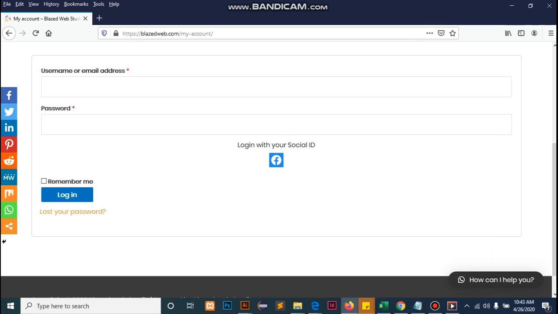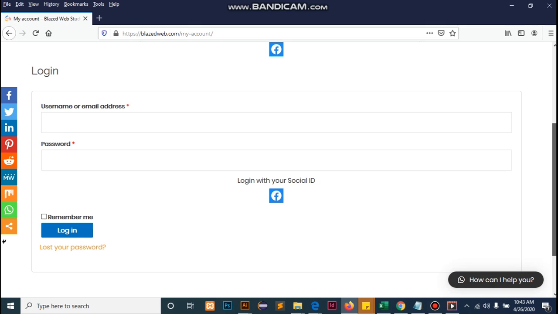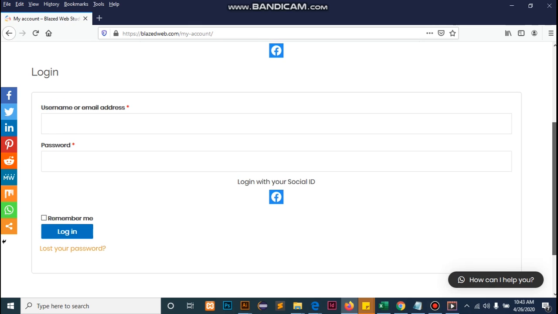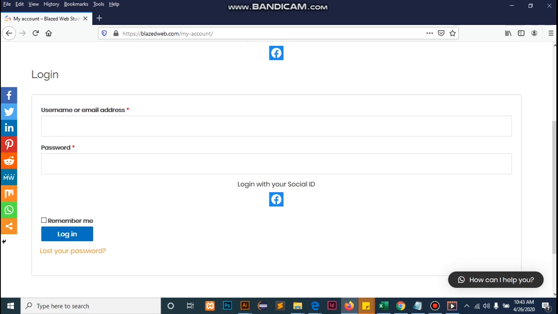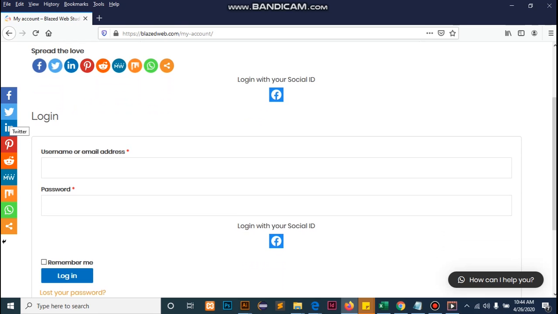Okay everyone, here is another feature of this website that we are going to have in this package, and that is the social login. I have used a plugin called Super Socializer, and it gives you the ability to add social login with Facebook, Twitter, LinkedIn, Pinterest. By the way, this floating bar has been added by the plugin, and this is unnecessary. Anyway, for now I have only added this Facebook social login feature.